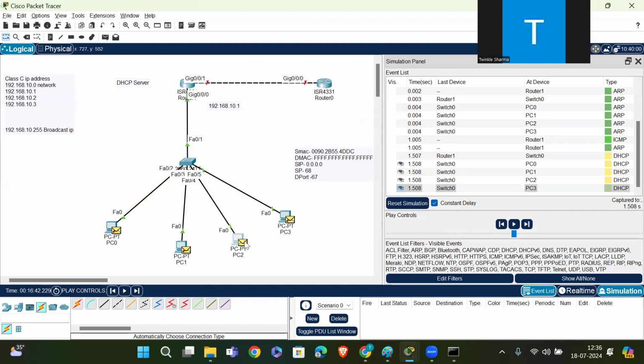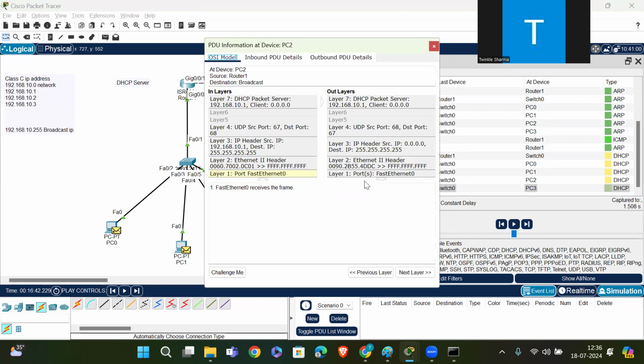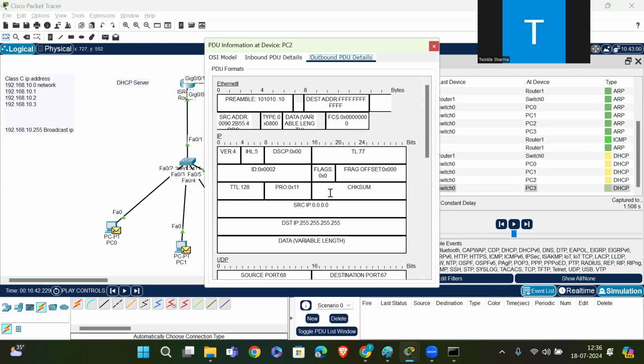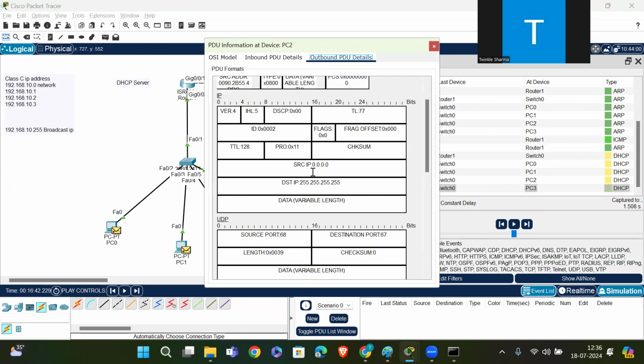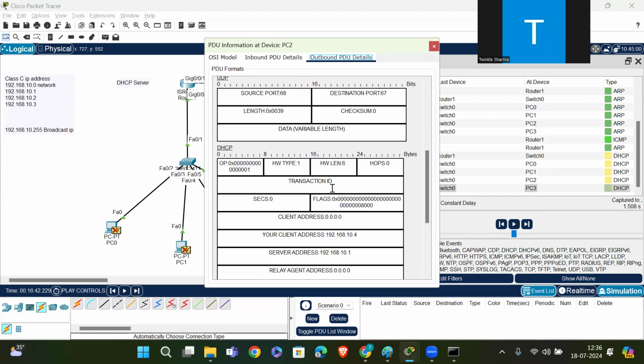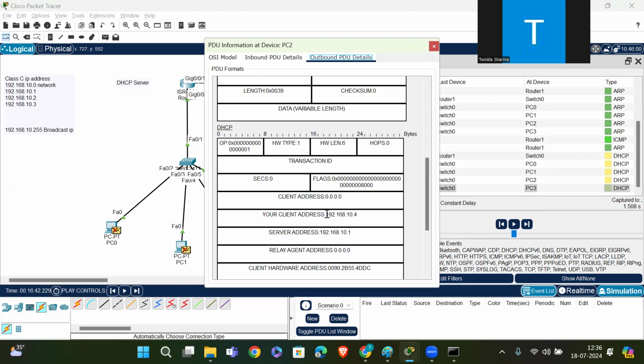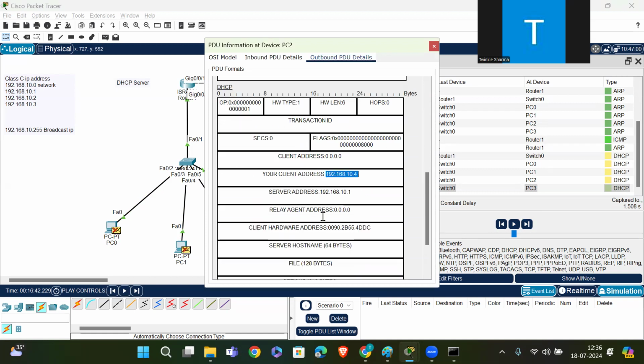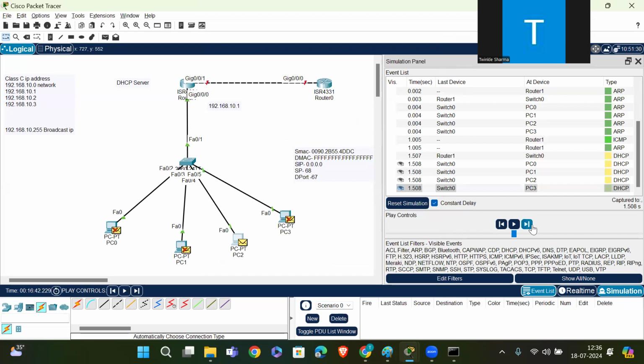Then here what we receive: the destination IP and source IP. This is our IP address allotted, this is our server IP, and this is our source MAC address, right?